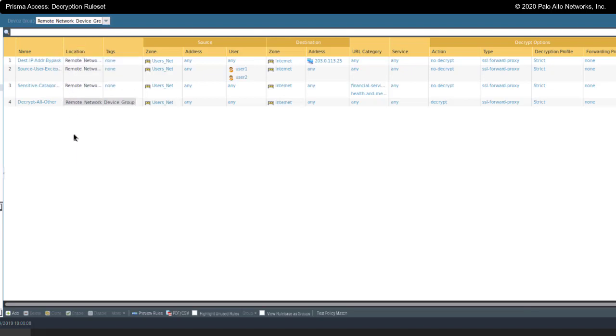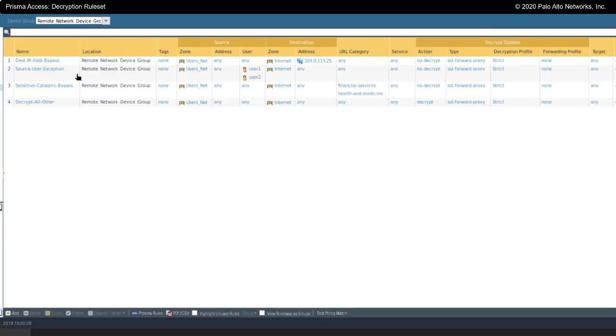I have a decryption set of 4 rules right here. The most important takeaway from this conversation is probably that decryption is not an all or nothing policy, okay? Decryption is not all or nothing. So in my rule set, my first rule here, and I can't really see the name, so I'll go up here to the word name, and I'll click on Adjust Columns so that I can see all of the information